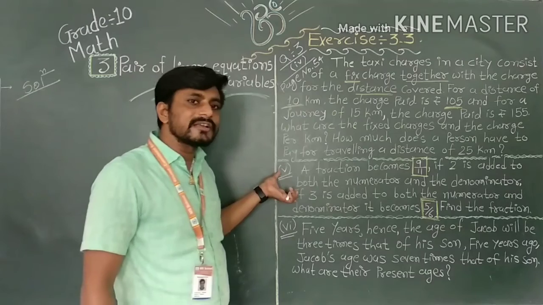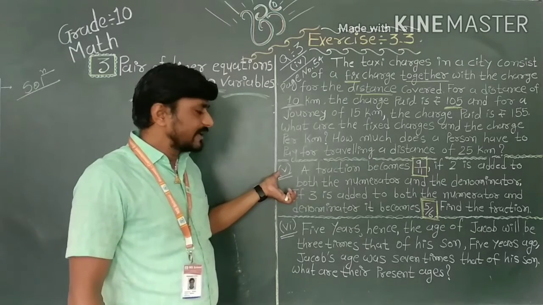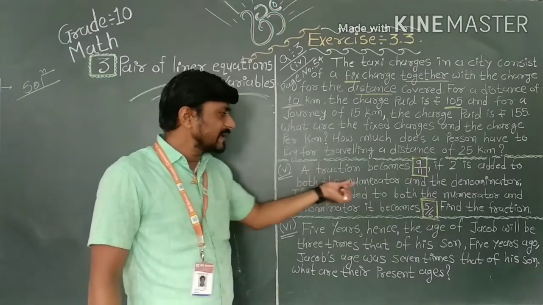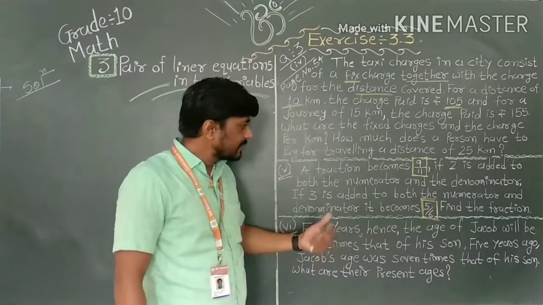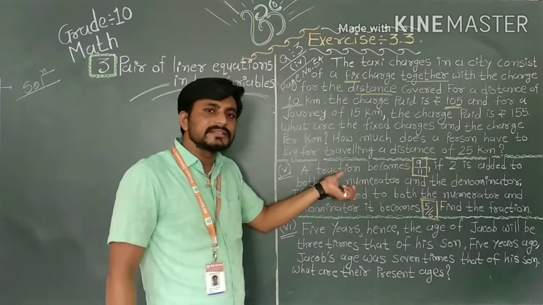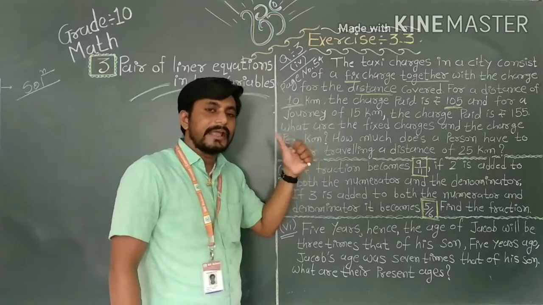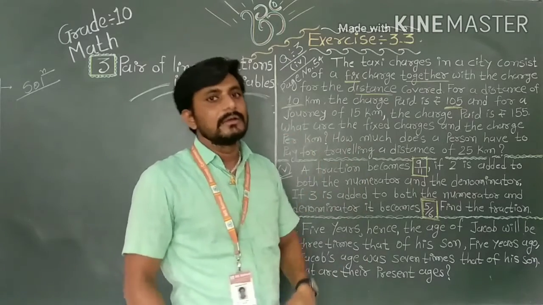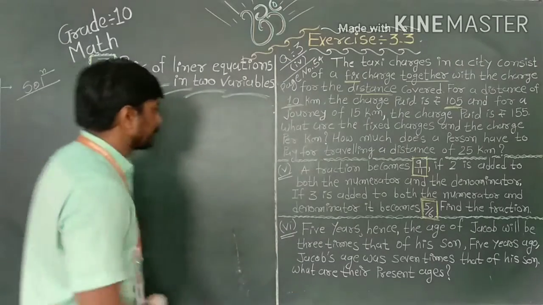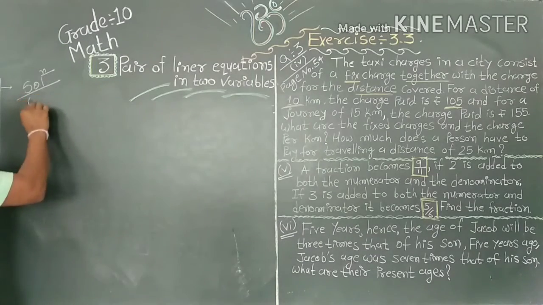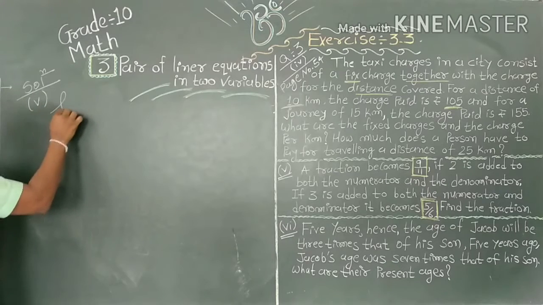So first of all we suppose that in a fraction the numerator is x and the denominator is equal to y, and after that we apply these two conditions on those variables, make two equations, solve them and get the values of x and y. Therefore, first of all I write here, suppose